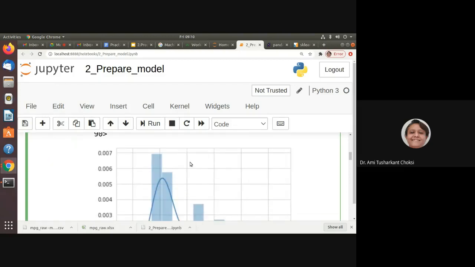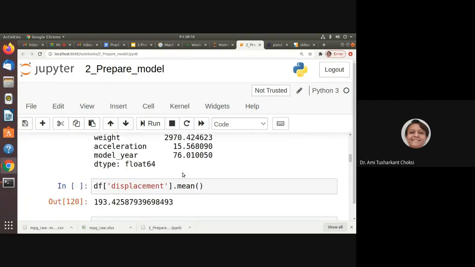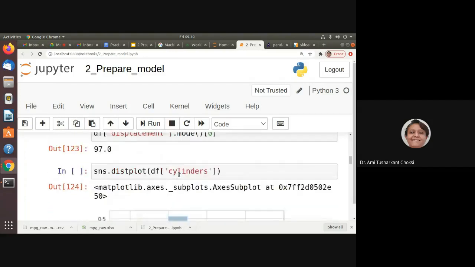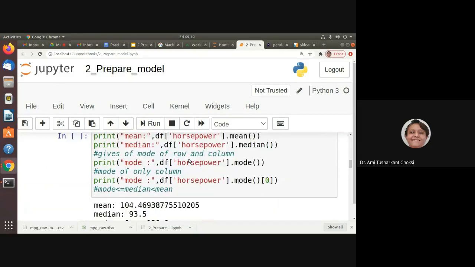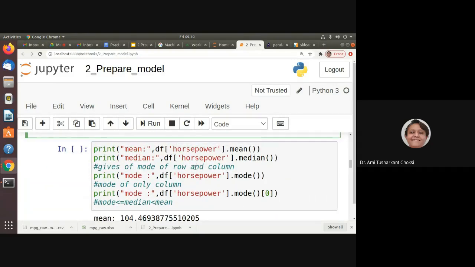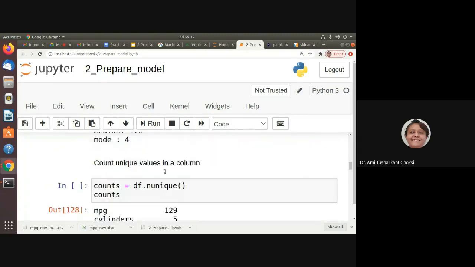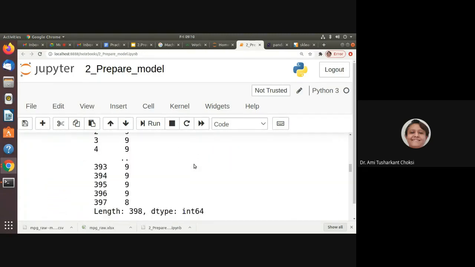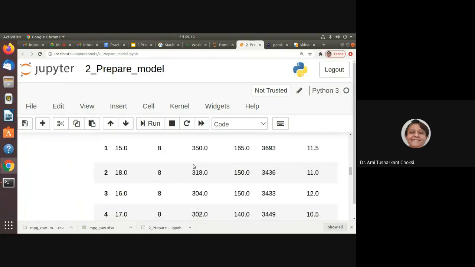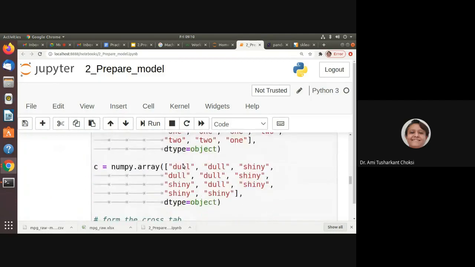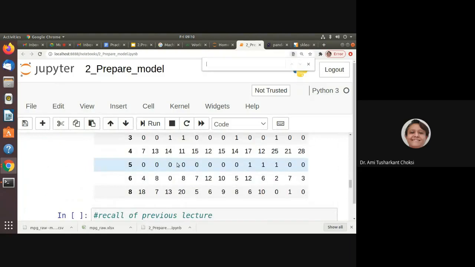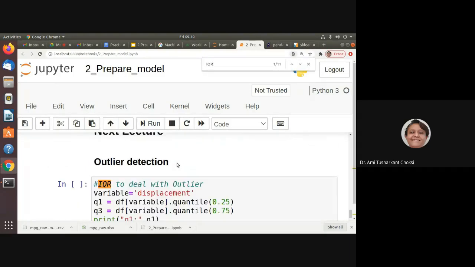So this was the histogram, and this was also the histogram which we had tried. Then this is the mean and median, which we know already. Fine. So we want to have the outlier. Okay, outlier detection. This was the recall of the previous lectures.